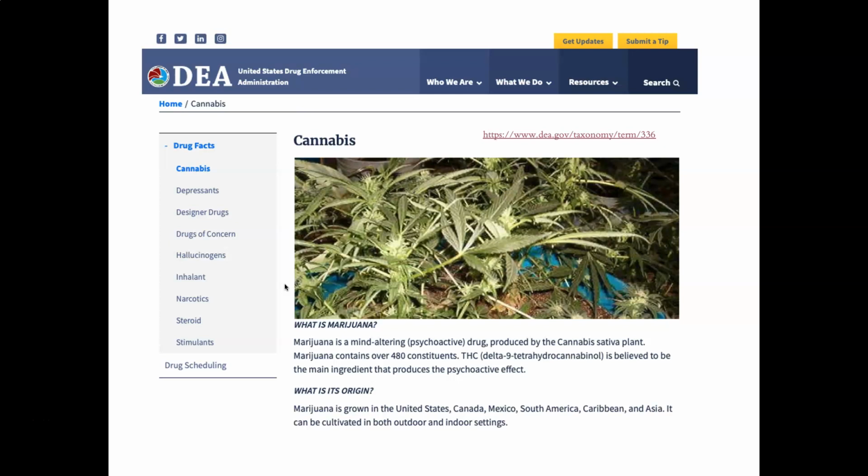Cannabis is another name essentially for marijuana. Marijuana is a mind-altering psychoactive drug. And so many of these that are on this drug list, that's the concern, is that it's a mind-altering drug. And I'm not just specifically talking about cannabis, because you'll see as we go through some of these other drugs,